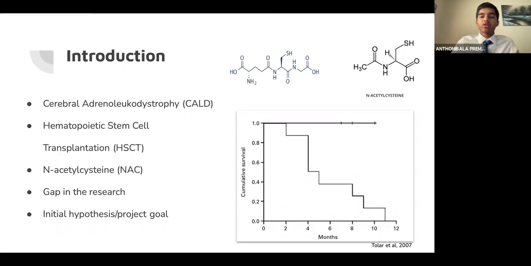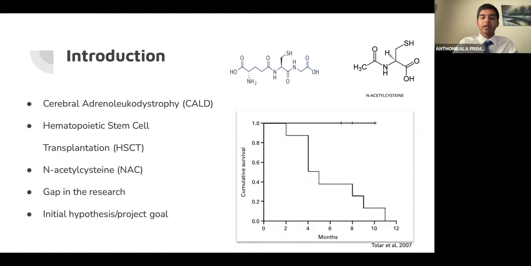Several studies have shown that despite the significant mortality risk, hematopoietic stem cell transplantation, or HSCT, remains the only therapeutic intervention that can arrest the progression of CALD. However, it does not reverse the mutation. Previous studies like Raymond et al. have documented favorable outcomes when HSCT is performed early in the course of the disease, with better survival post-transplantation when